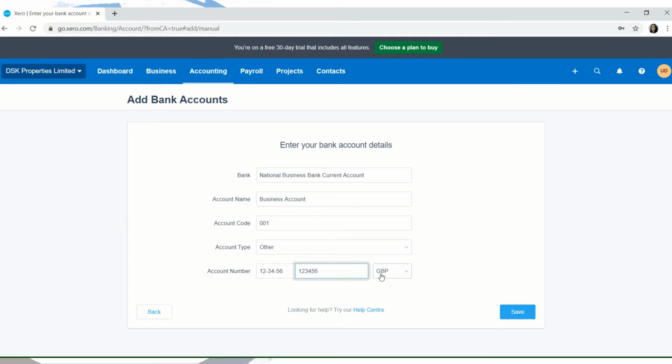Currency is GBP. If your business has multi-currency, you can select multi-currency by clicking this drop down arrow. But for that, you need to go into settings and select the currencies which you would like to add. And we have GBP here. So I'm just selecting GBP and say save.